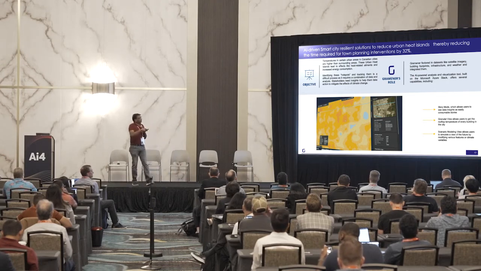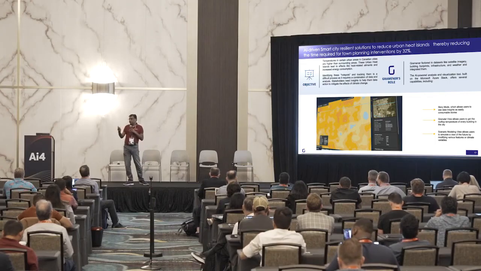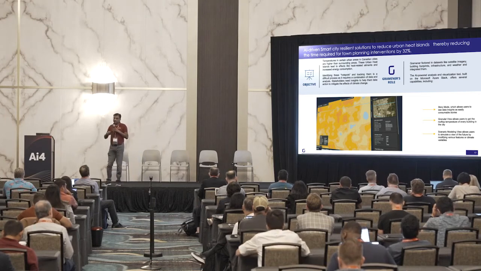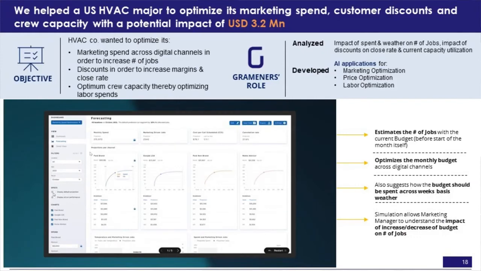And here we tried to apply the same framework, but I could not come up with a quantified value. Eventually, it would have been better for us to say that temperature would reduce by X, but given the quantum of data available to us and the information being shared, we could not. The only thing that happened is that the town planning intervention time reduced by 32%. So that's one of the solutions. You would definitely have scenarios like that, but the question is constantly how we can improve it. Likewise, this is for one of the HVAC services. With the interest of time, I'm going to skip this.